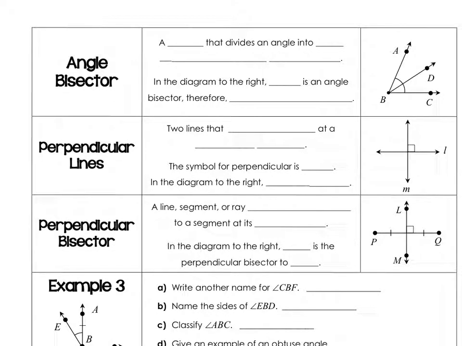Okay, these are the angle notes part 2. I'm going to start with looking at what an angle bisector is. An angle bisector is a ray that divides an angle into two